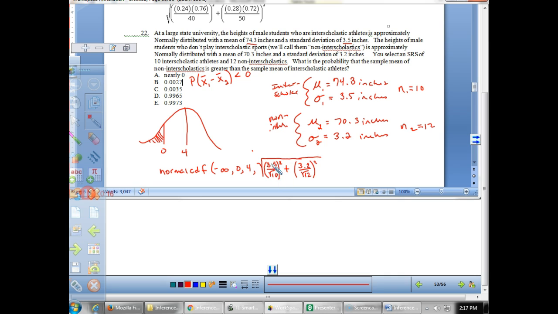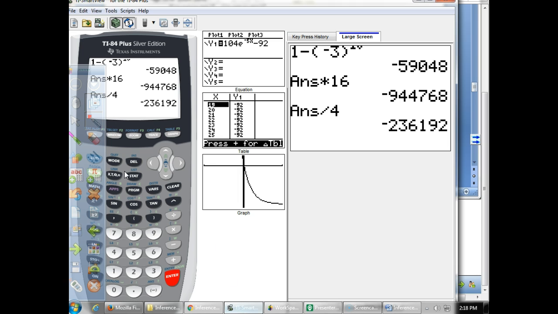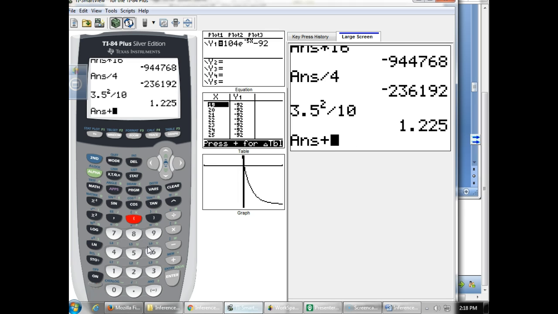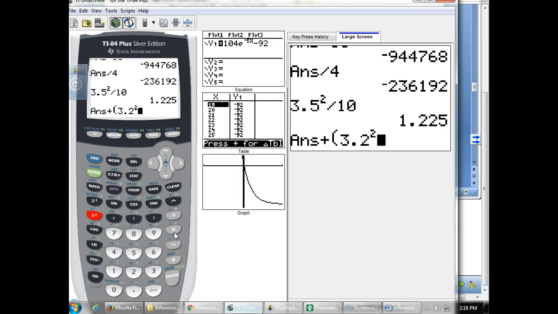So I have my variance of my sampling distribution of my x bars from the interscholastic population, and then I have the variance of the sampling distribution of x bar for my non-interscholastic. Okay, and this of course will simplify down to where I'm just squaring the numerator and then I'm dividing by 10 there, just like the formula we usually use. So doing that in your calculator, I'm going to get 3.5 squared, and then I'm going to divide that by 10, add to that 3.2 squared, divided by 12,